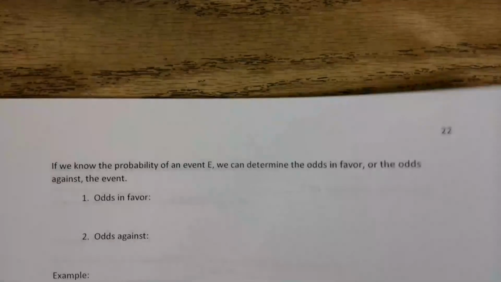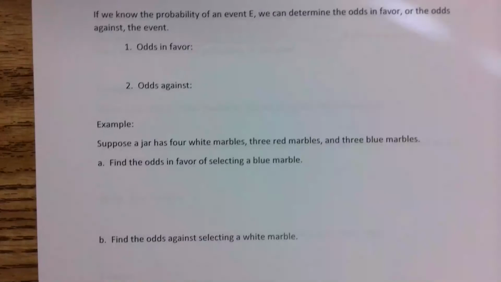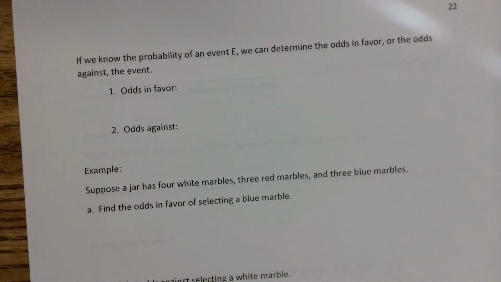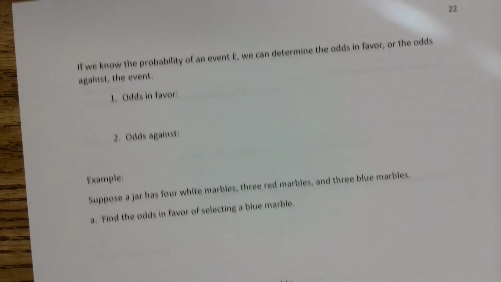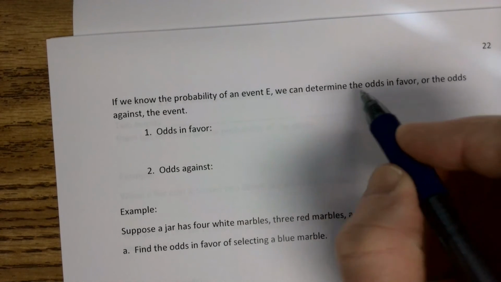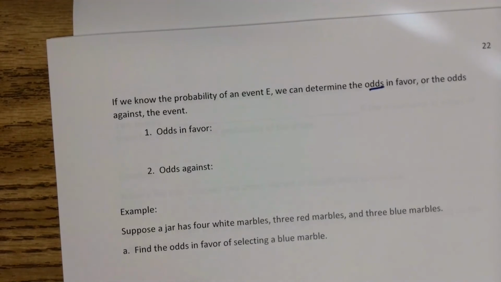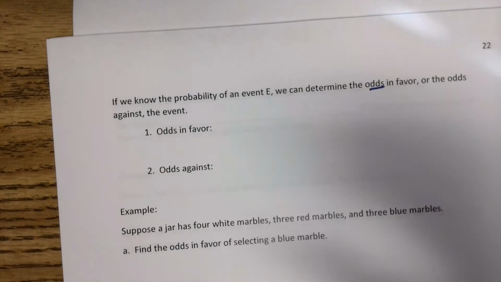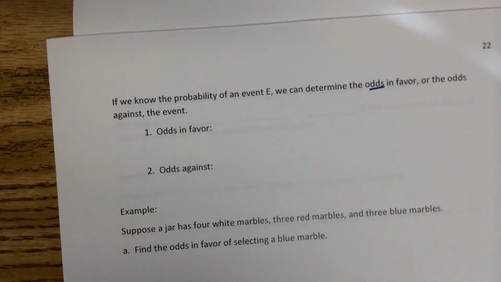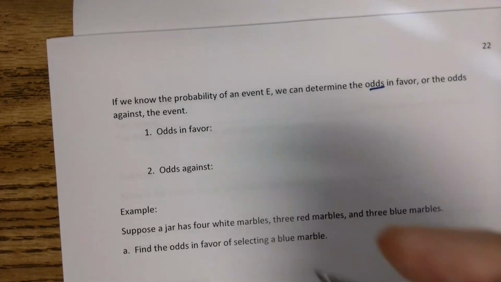All right, and then they throw in this little stuff here. So basically, forget everything you know about probability, and we're going to go on to a thing called odds. Okay? And odds is weird. Odds is a ratio. So don't try to get into a decimal, except you're probably going to have decimal answers. But it's just a little fraction of